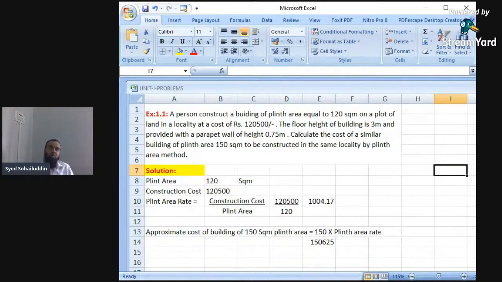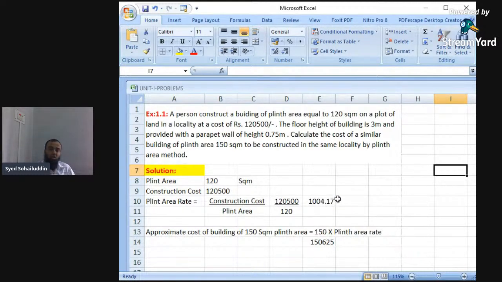This is nothing but the plinth area rate per square meter, 1004.17 rupees. Then depending upon this plinth area rate, we have to find out the cost of similar structures. The approximate cost of a building of 150 square meter plinth area will be 150 multiplied by this cost,